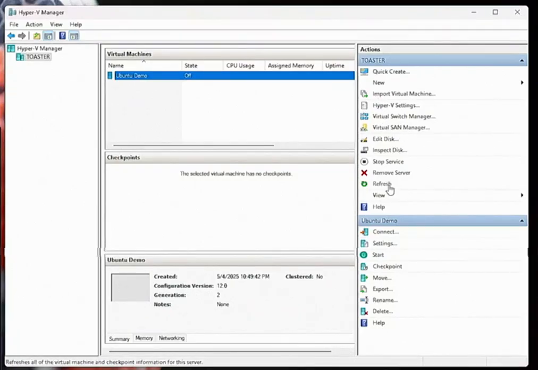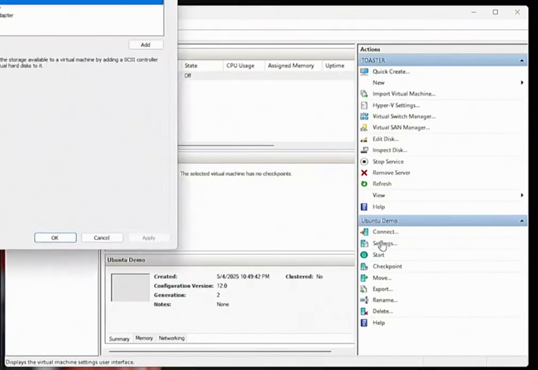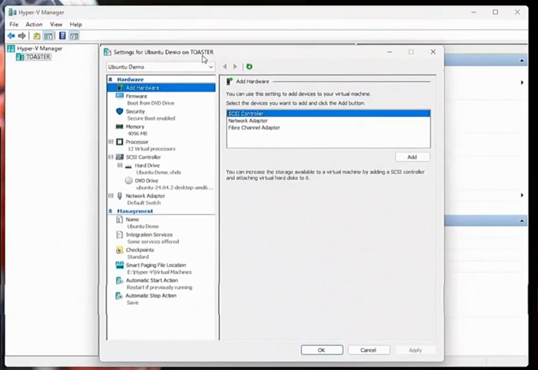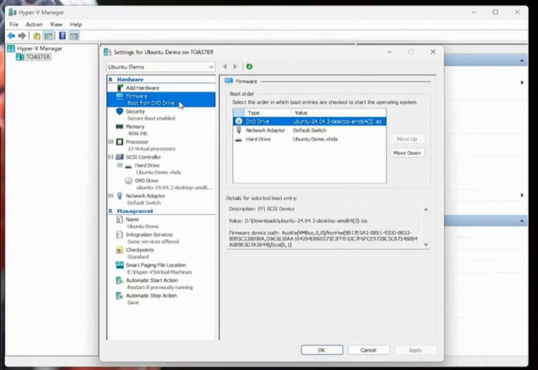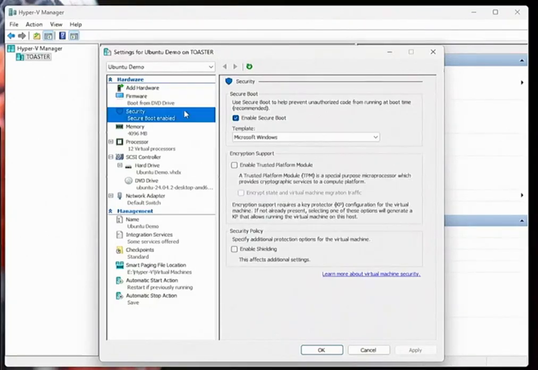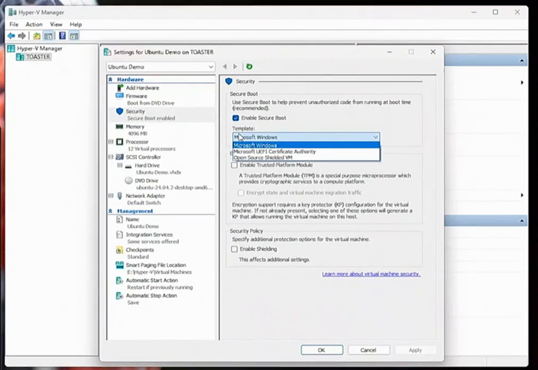And you go to settings. And I'm gonna go ahead and see what's going on in firmware. Yes, we have our ISO correctly set. Oh, so here's the problem. The secure boot template was automatically configured to be Microsoft Windows. So I think what we should do is turn off the secure boot, which will make our life easier. Although, even though Ubuntu supports secure boot,